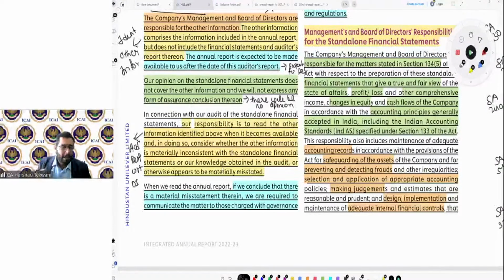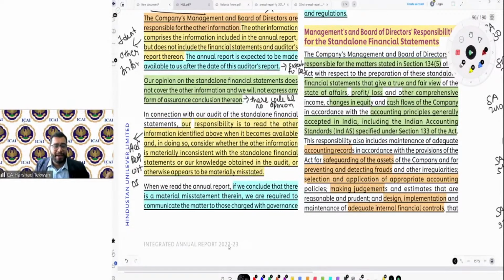The yellow one: it is our responsibility to read the other information identified above when it becomes available, and consider whether the other information is materially inconsistent with the standalone financial statement or the knowledge obtained during the audit. Then there is a description that we will be reading the other information, which is part of that yellow only. Then the next requirement is